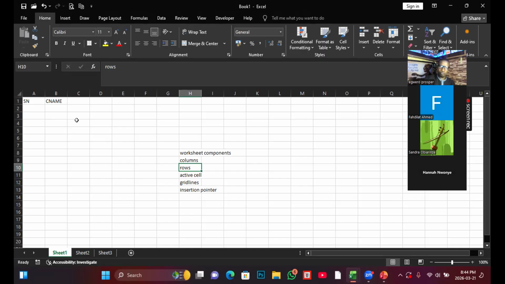Now, in terms of functionality, what do we do with the row when we start creating data? The rows are for creating records. That is why professionally, if I am asked to define this,